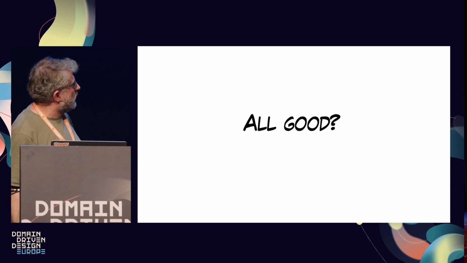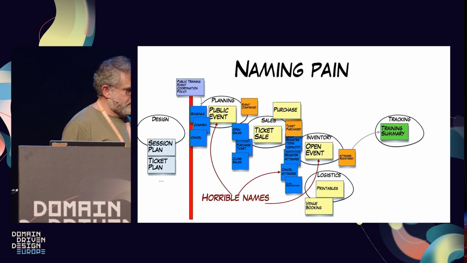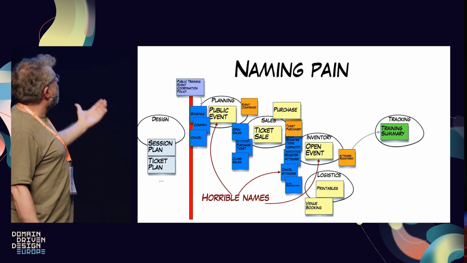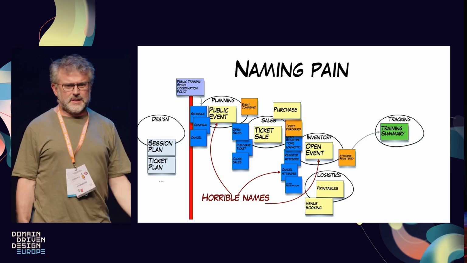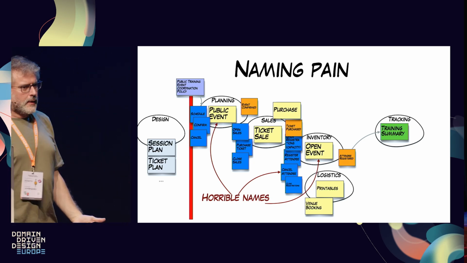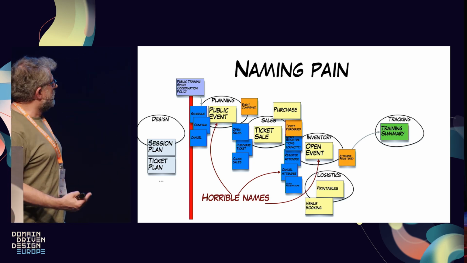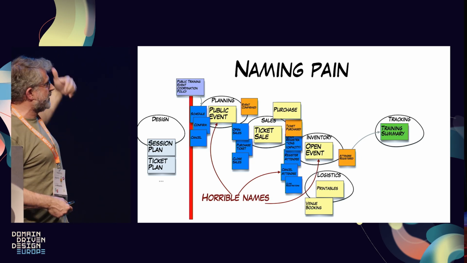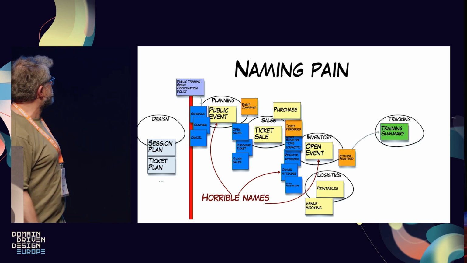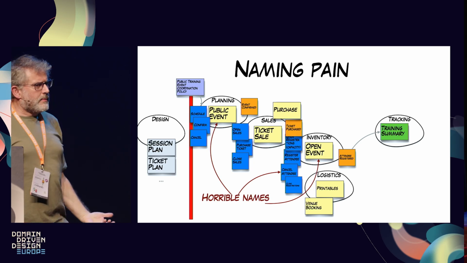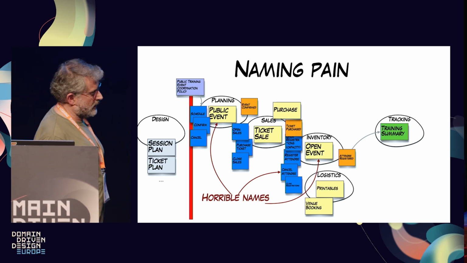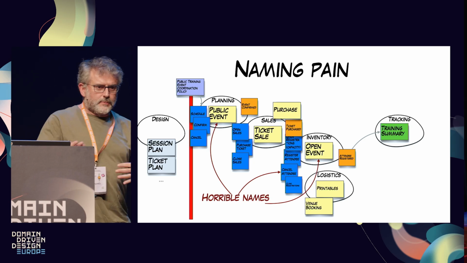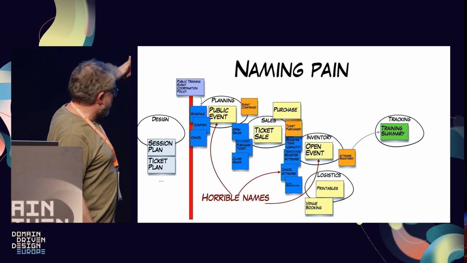Something is clearly not good, or at least not beautiful. The horrible names. I mean, public event and open event, I still cannot distinguish them. I decided to go on open if it's something that could be joined by people, and public if it's something that you can announce and so on. But I'm not really sure about the naming, and the fact that I'm both the domain expert and the architect is putting me in a dangerous situation. So do I like this stuff? No.